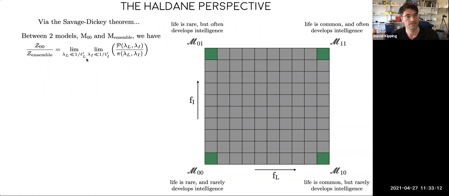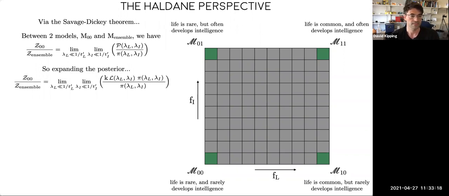The limits I'm putting in front correspond to that extreme of the 0,0 case. If we go through this, it's fairly simple to work through. The posterior is just the likelihood times the prior, with a constant for the normalization. And so the priors cancel out. And so this is the kung fu. It doesn't matter what you assume for the prior on lambda; the prior doesn't even feature in the evidence weighing.